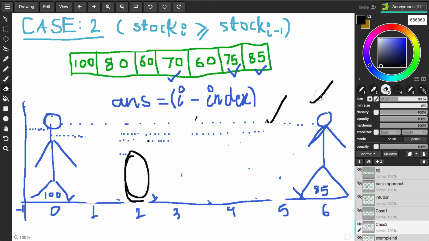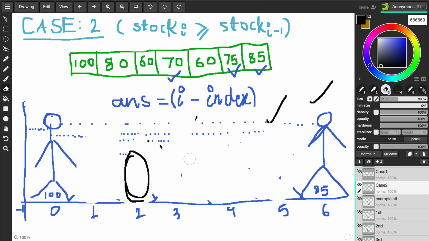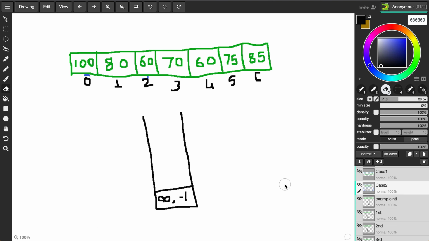We can solve this using a very familiar data structure, that is stack. One observation we can make is that for the first element there is no element on the left, so we can always consider that he cannot see anything. So the answer for this one would always be 1. We can store the first value in the stack as int max, that is infinity, the largest element that we can store, and also record its index as -1.